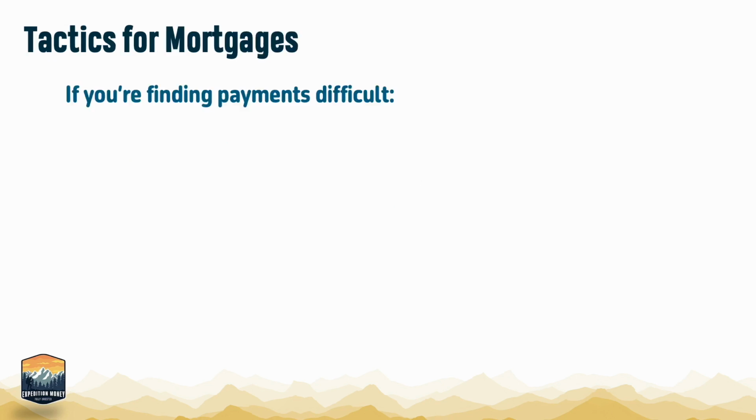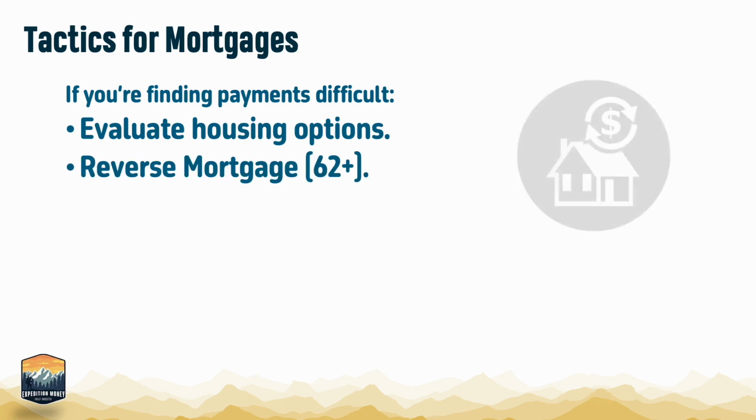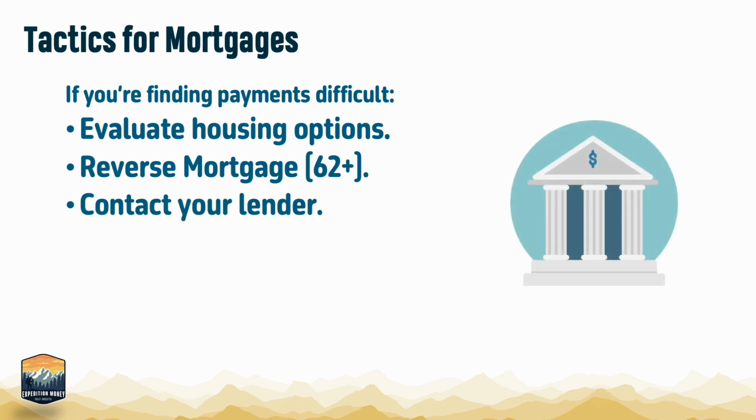There are some additional options to consider too. Maybe you can move or downsize. Maybe you can rent out part of your home or take on a roommate. Don't be afraid to come up with creative options that fit you. Another option is reverse mortgage. For homeowners that are over age 62, you might be able to stop making mortgage payments or even get some cash out. And as we discussed, working with your existing lender might be the most realistic path to getting help.